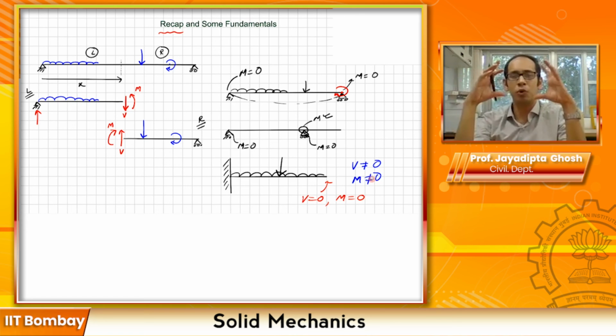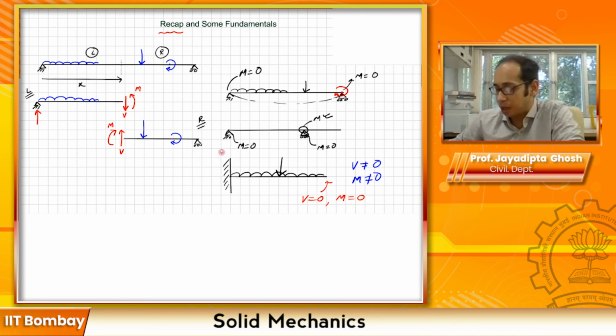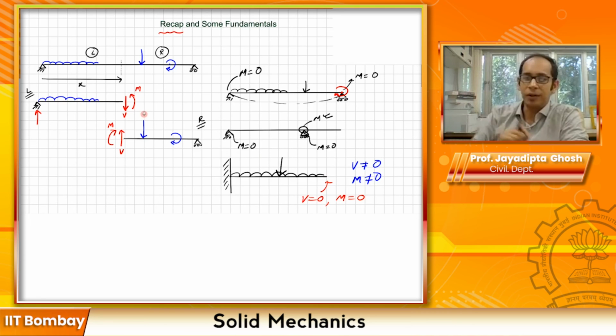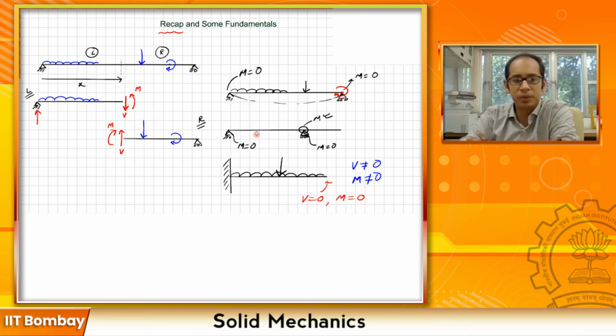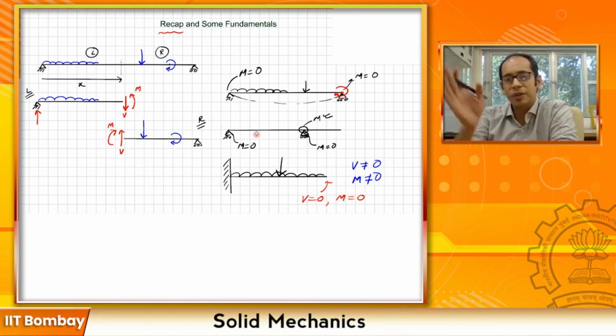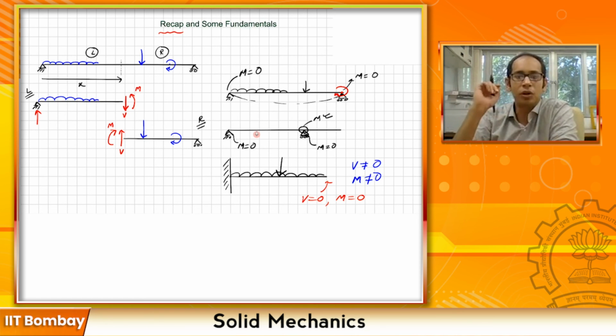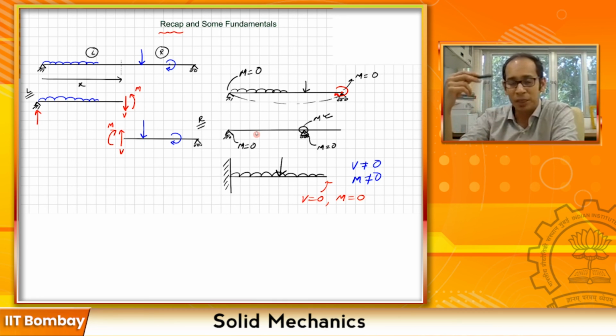So now that we are more or less set with the convention, the positive convention, and also some of the tidbits, we will go ahead and look at some of the example problems. Shear force diagram and bending moment diagram problems are such that you can make n number of problems for that. You can take a beam, put any different kinds of loadings, and solve the shear force diagram and the bending moment diagram. What we'll try to do is look at many different types of problems, and the more problems you do, the more thorough you will be with drawing proper shear force diagrams and bending moment diagrams.